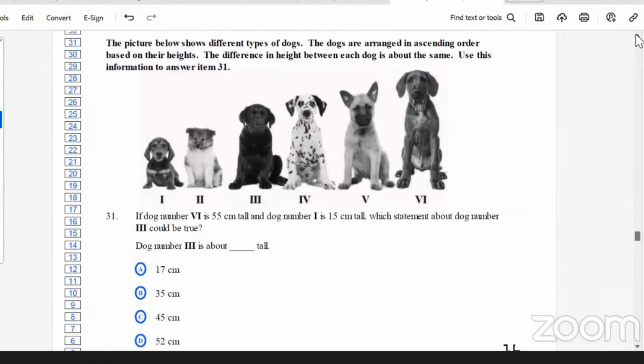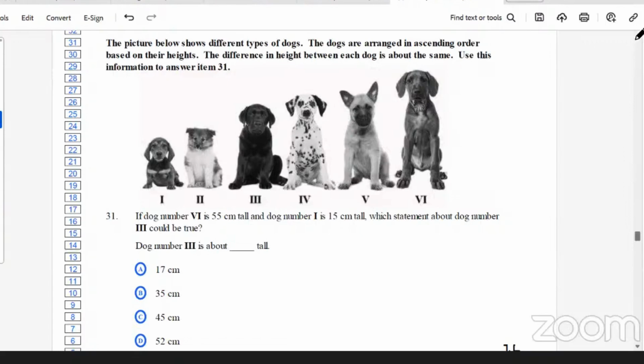All right. So for question 31, the picture below shows different types of dogs. The dogs are arranged in ascending order based on their heights. The difference in height between each dog is about the same. Use this information to answer item 31. All right, so we have 6 dogs. And if dog number 6 is 55 and dog number 1 is 15, what statement about dog number 3 could